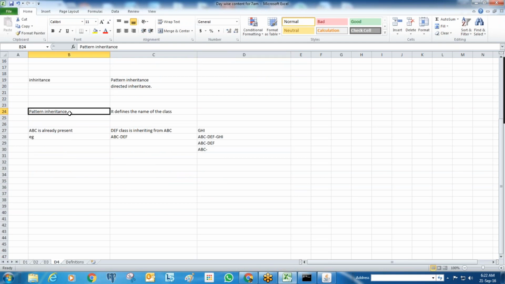Okay, this is pattern inheritance. While defining the class name itself, you need to follow the inheritance, mentioning the class name using a hyphen. We start with the first hyphen, and the loop will execute until you get the last hyphen. Here the first hyphen is here, so ABC-DEF is the first parent class, and it will continue until you get the last hyphen. Here this is the last hyphen, so ABC is now the parent class. So for GHI, I have ABC-DEF and ABC.